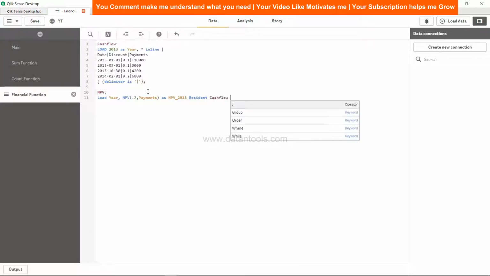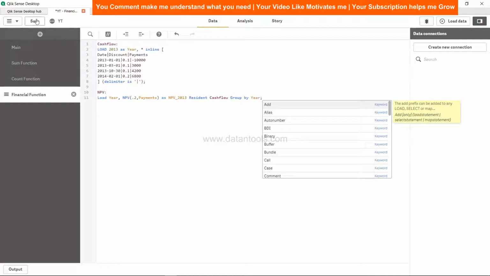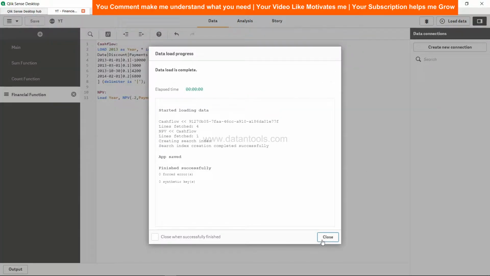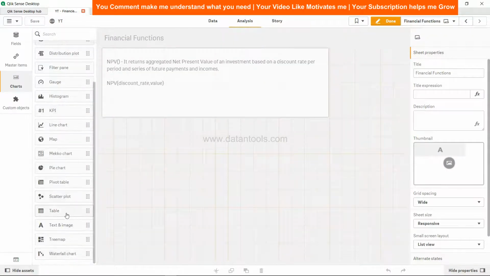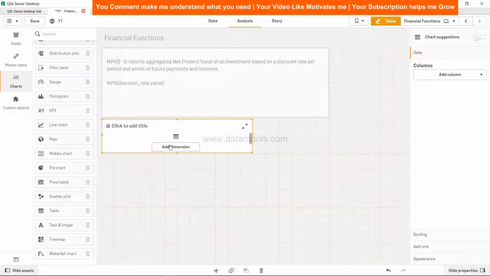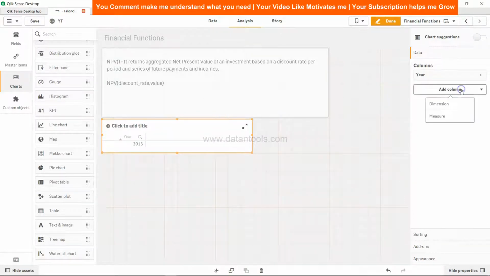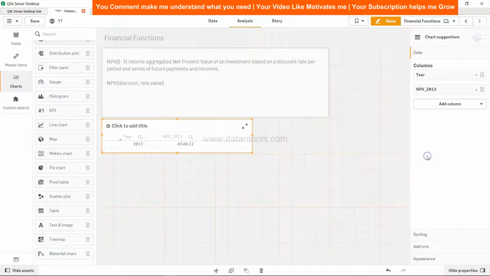resident cash flow table, and we need to group by year since it is part of the dimension. So let's hit save and load the data. Click close. Come to analysis, create a table to see the value at the dimension, which is the year, and at the column, which is again the dimension, because we have already calculated it, the NPV 2013 dimension value,